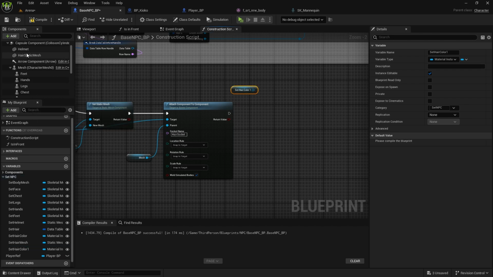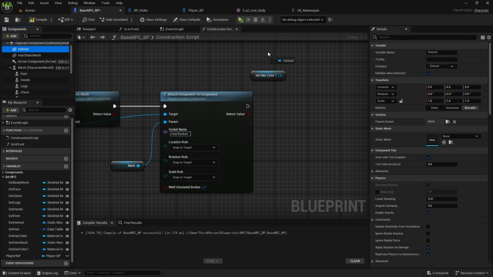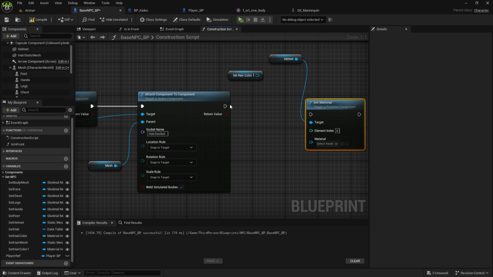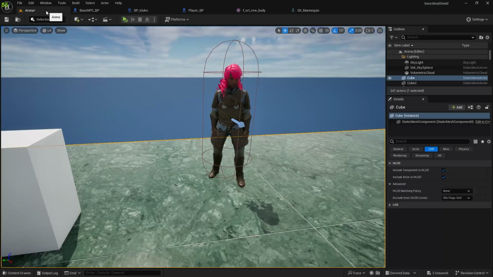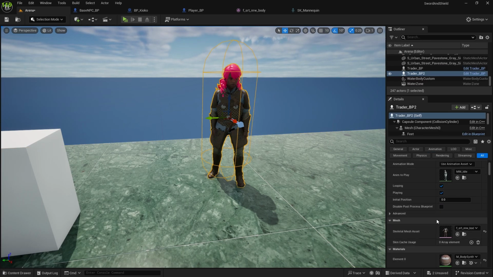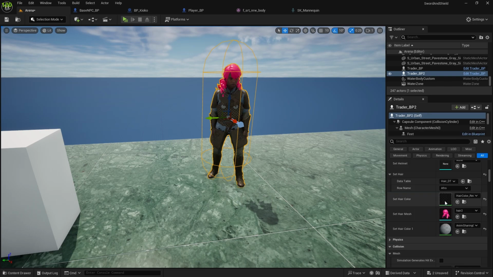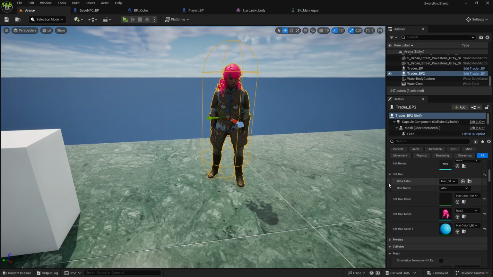And we'll get it. We will get the helmet. Wait, will that work? Helmet. Let's see, set material. I'm not sure if this is going to work. I haven't tested it out. So set material to set hair color 1, index 0. Compile and save. And now in here we got set hair color 1. If I change it to any of these, then that won't work. Hair color. It doesn't work because